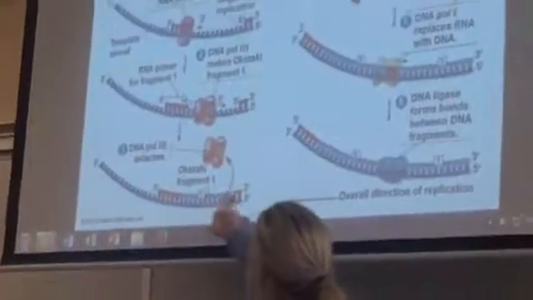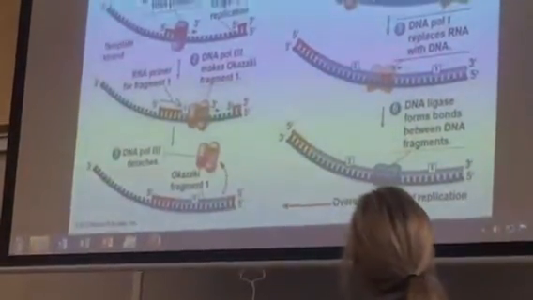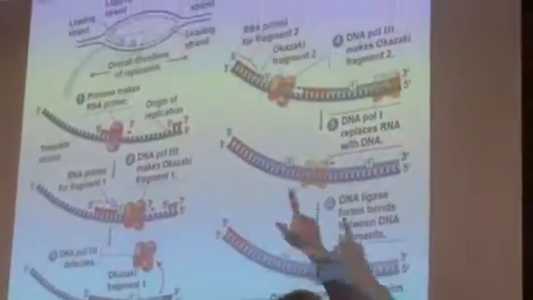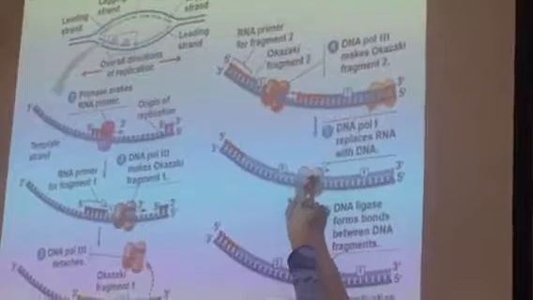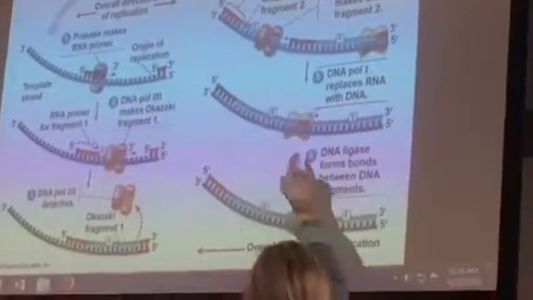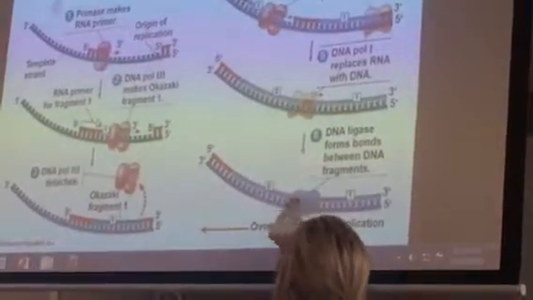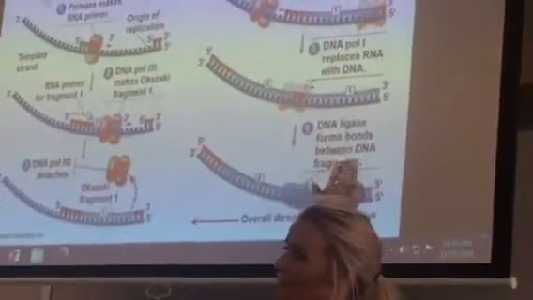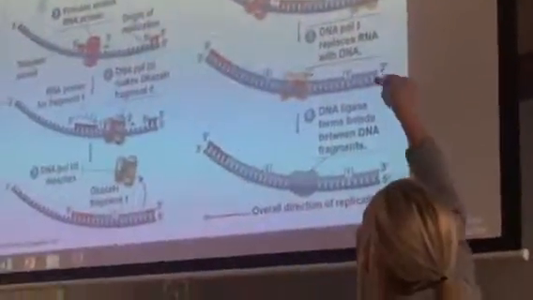And then once it pops off, we're going to now have to make a connection between these two little fragments. So we will use ligase to, actually, before we do that, we have to go take the RNA out and put the DNA in. So that'll happen first. And then once we've replaced the RNA primers with DNA, this is where it's kind of pointing out, okay, these are some of